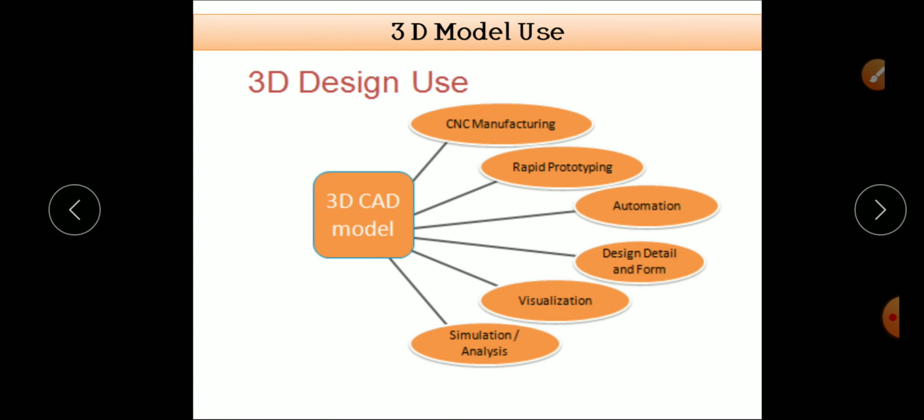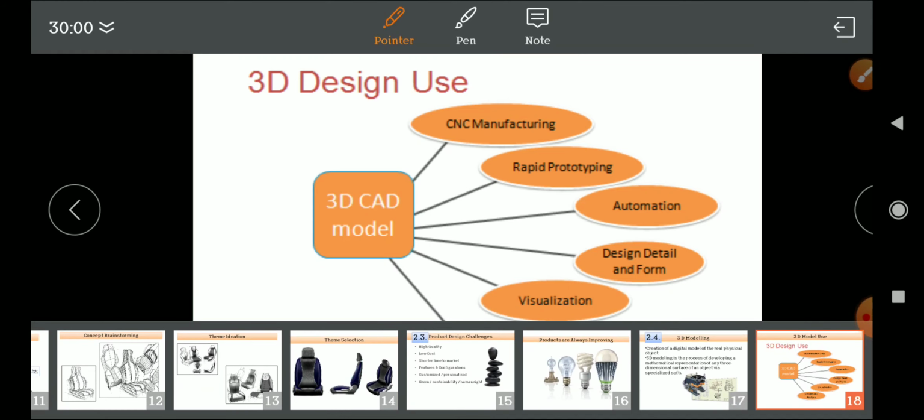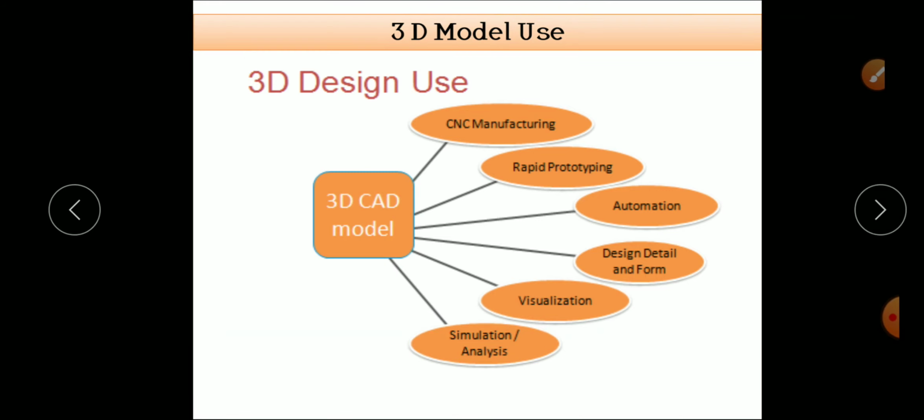The next step is visualization, which is the most important. Imagination alone is not sufficient for a 2D drawing. For that purpose, a 3D design or model is used for visualization. We can take the example of a four-wheeler. They can initially manufacture a clay model or wooden model, or use a material that is easy to shape, to create that model and visualize the initial shape of the object.